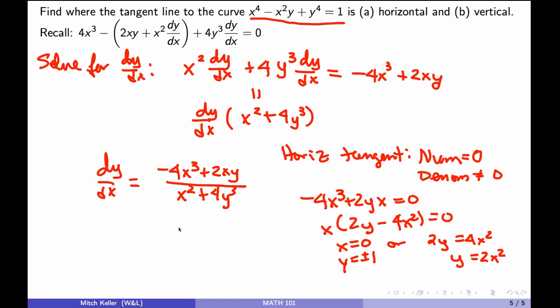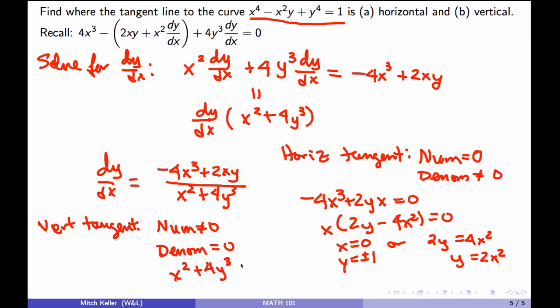And the vertical tangent is where the numerator is not 0 and the denominator is 0. So we need to look for x squared plus 4y cubed equals 0,